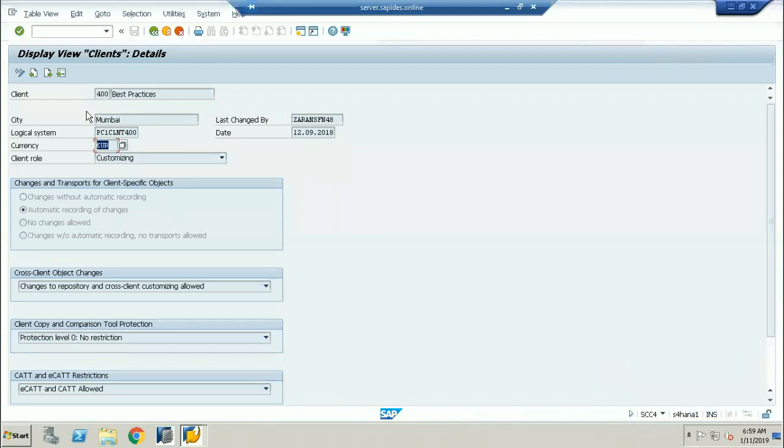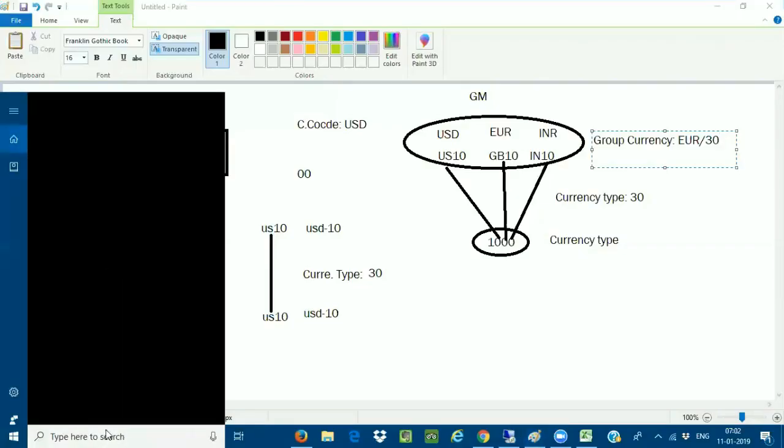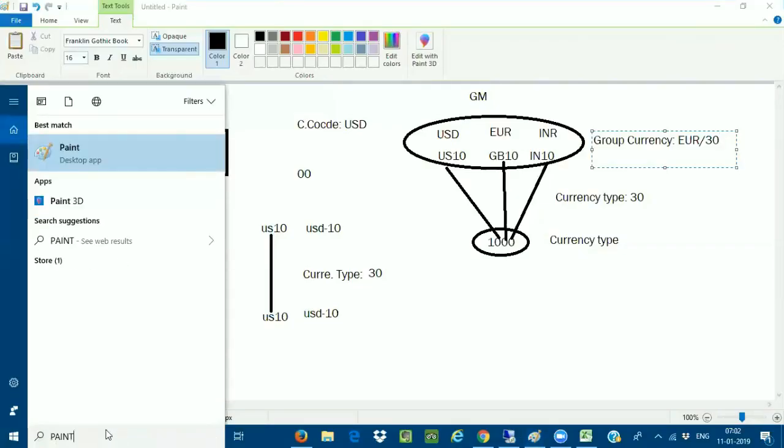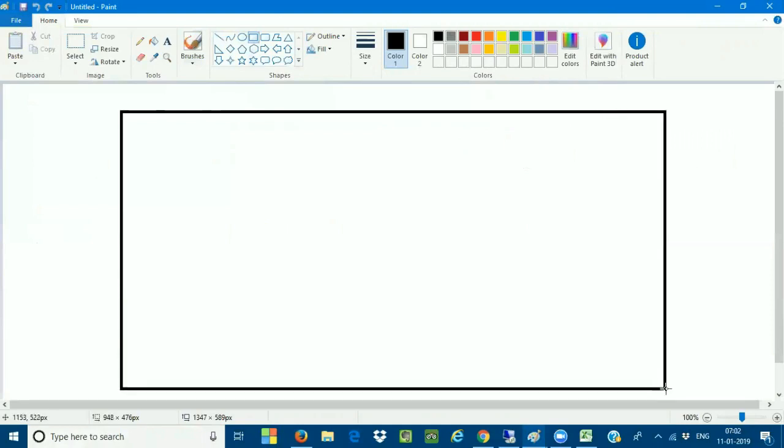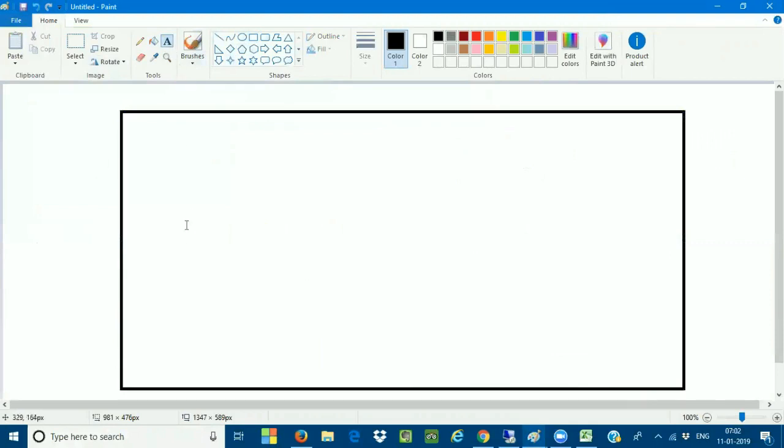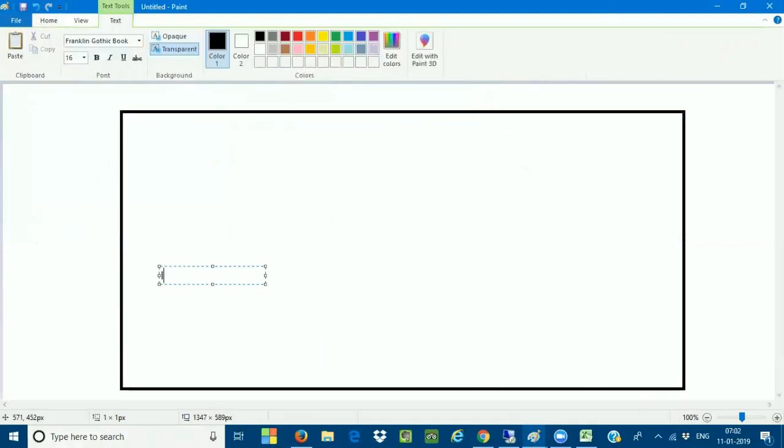Very, very important. Many people will get confused, saying, hey Mahesh, how? This is the same system. This is the 400 client. In the first one, we have two company codes: IN10 and CN10, India and China.